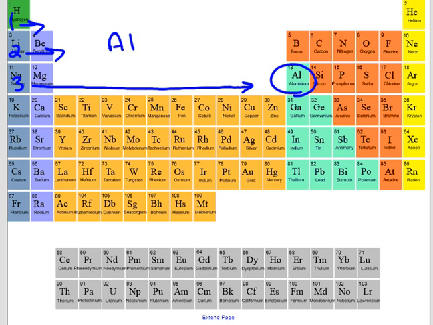I'll put the symbol for aluminum, and then I will draw 3 rings for 3 periods. I know that aluminum will need a total of 13 electrons because it's at atomic number 13, and I will expect that aluminum will have 3 electrons in its outer ring, its valence ring, because if I number my families, skipping my transition metals,